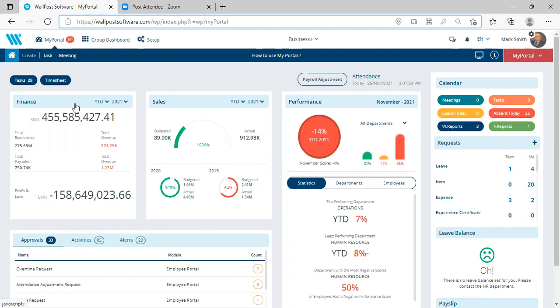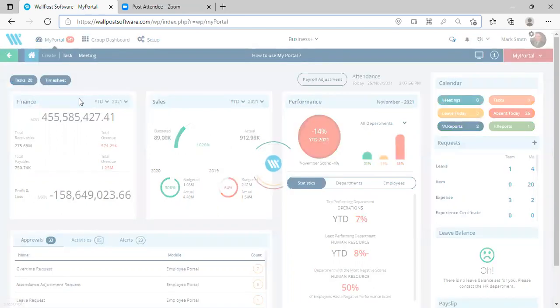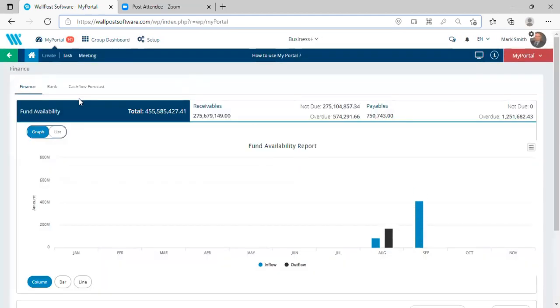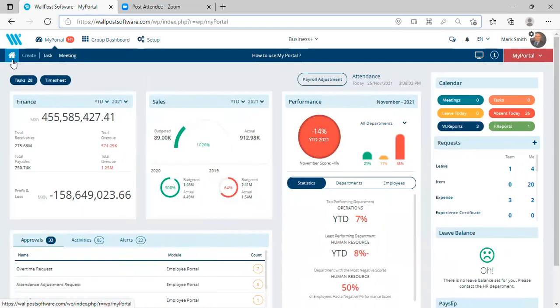And if I click on these tabs, I can get to see more and more detailed information in a graphical view. I can also download those reports. I can also send them to my mail. I can also see the performance information of all my departments, on how they are performing based on the targets that I set for them.